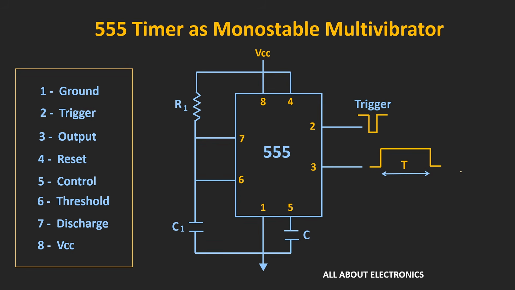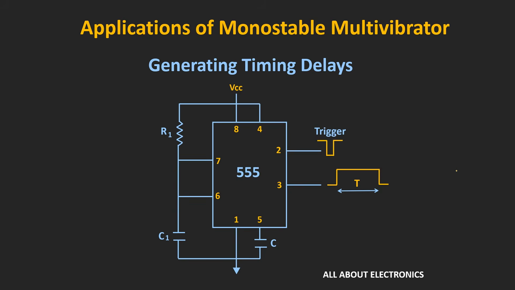Now like I said, this monostable multivibrator is useful in many applications. The first one is for generating different timing delays. So like I said, by changing the value of this R1 and C1, we can generate different time delays. If we use the internal reference voltage, in that case, this time will be equal to 1.1 times R1 into C1. Now let us say we want to generate a time delay of 1 second. That means the duration of this pulse width should be equal to 1 second. So for that, let us assume that C1 is equal to 10 microfarad, and correspondingly let us find out the value of this R1.